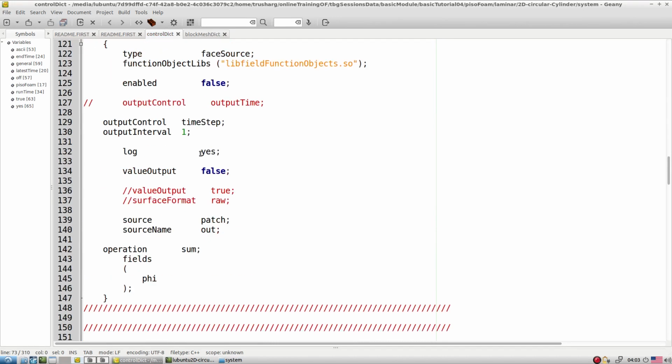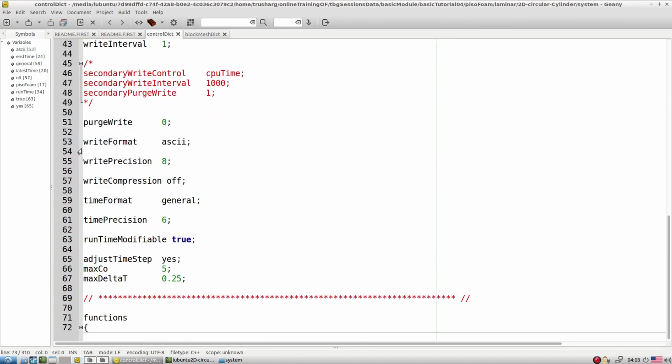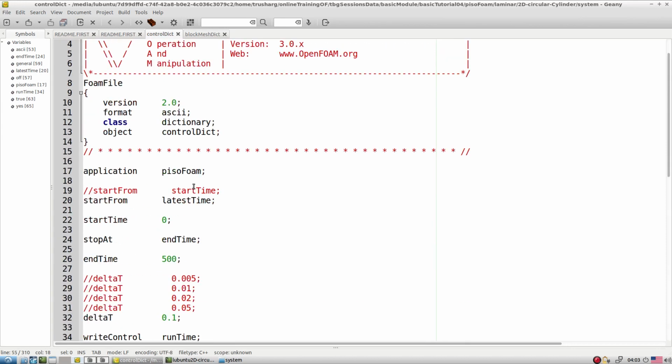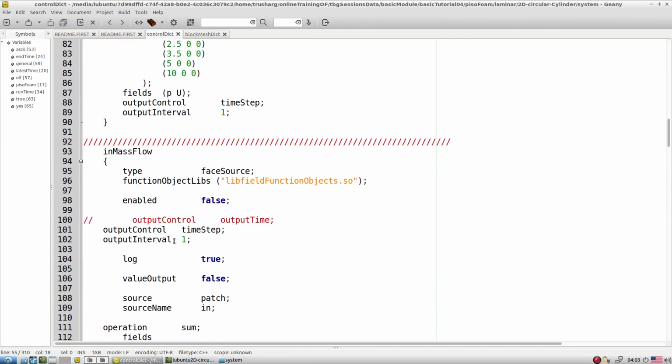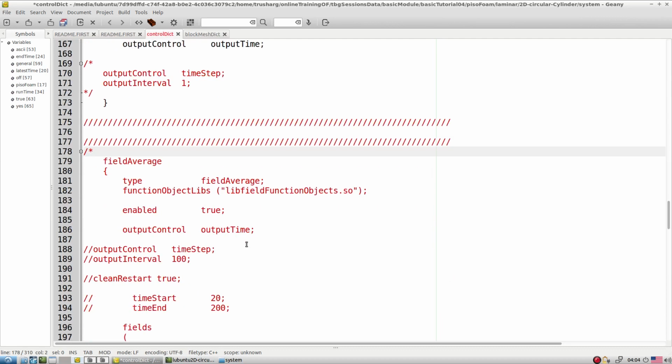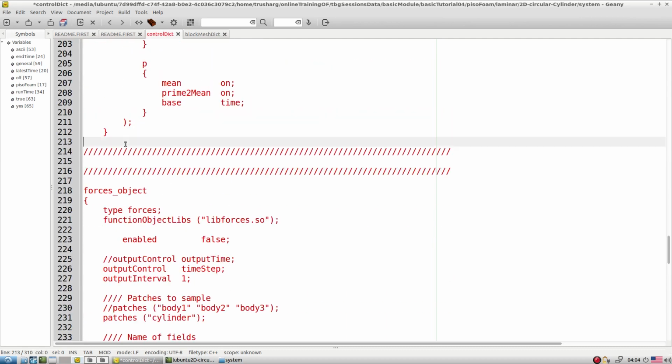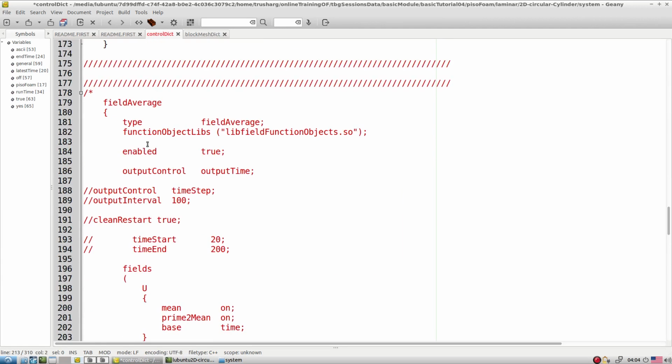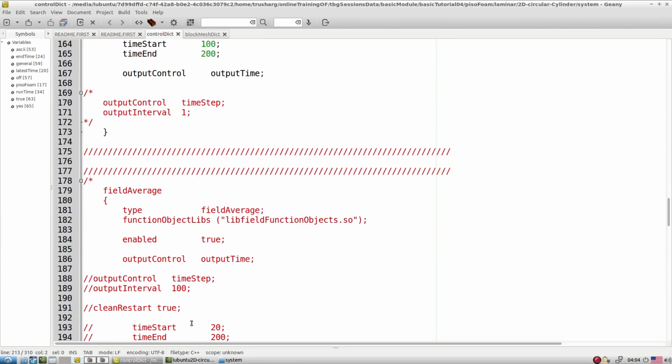Along with that, I don't want the averaging concept here, so let me switch off the averaging part. In functions, fieldAverage, I don't want to start it, so I'm commenting this out. Save.